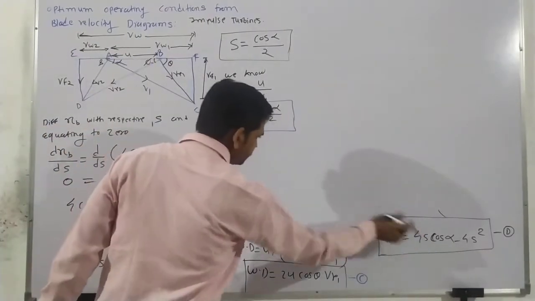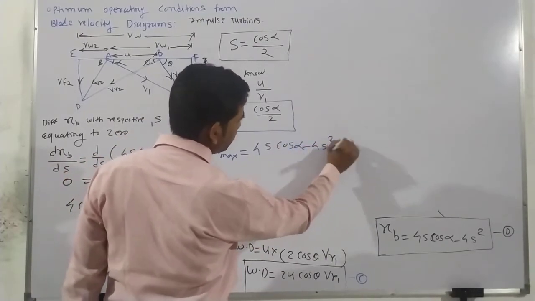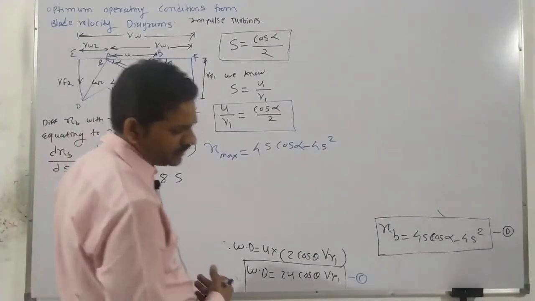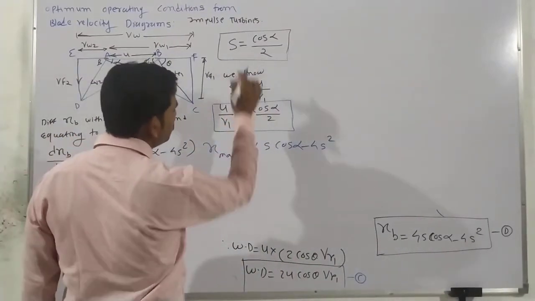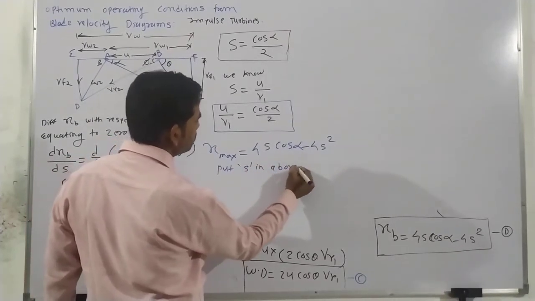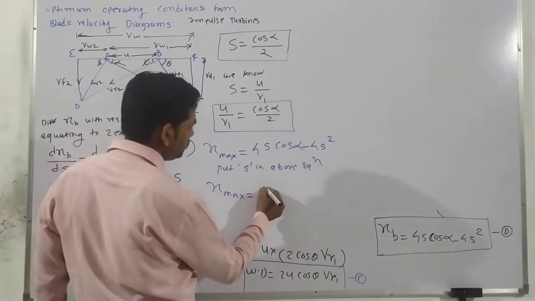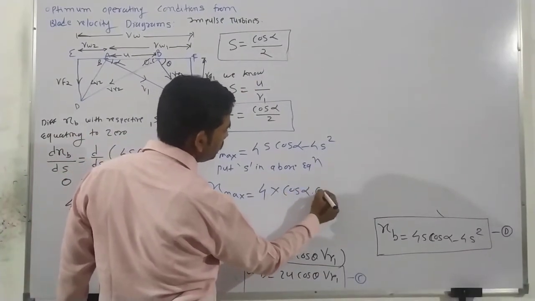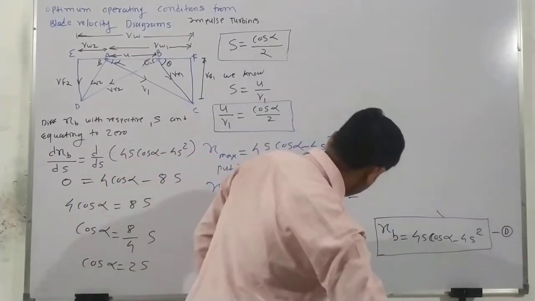We have these equations: 4s cos alpha minus 4s square. So if you consider here, we put the value of s. After putting the value of s, what do we get? See, put s in the above equation. So N max is equal to 4, s is replaced by cos alpha into cos alpha divided by 2, minus